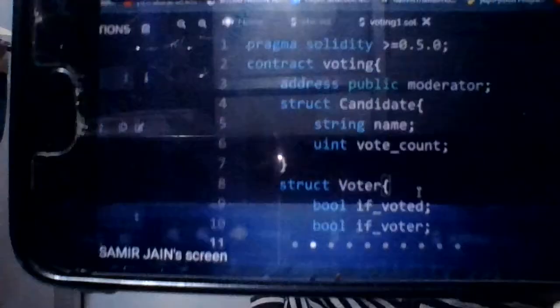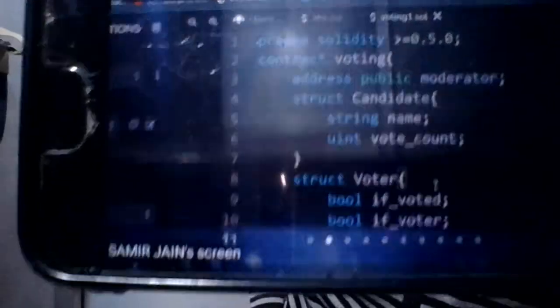Second, whether he is a voter or not. If he has been identified as a voter by the moderator, the moderator has given him rights to vote. So you can type if voter. The third thing is, I wanted to know whom he has voted for. So string.